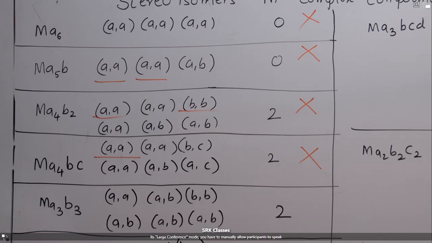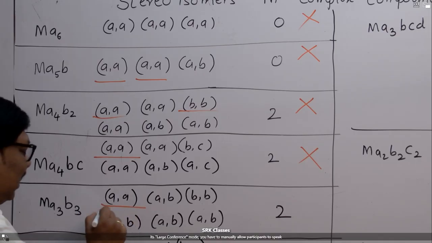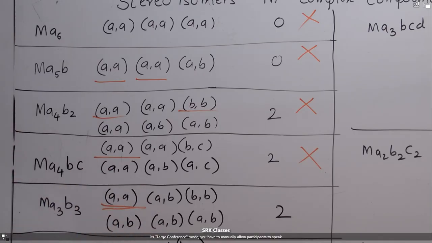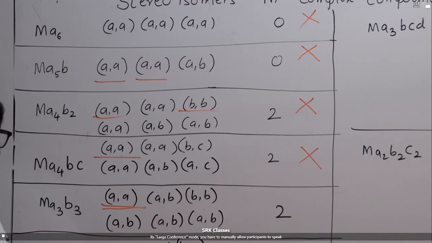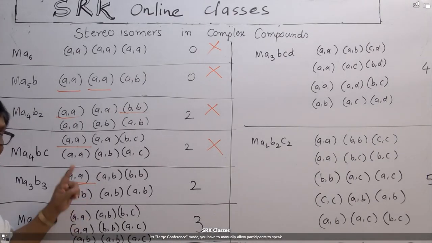Once again, it is repeated, saying this pair has similar ligands. Another hint I am giving: look at the second one. A and B are different, right? It is not an identical one. According to the first point, similar types of ligands are optically inactive. But these two are different.